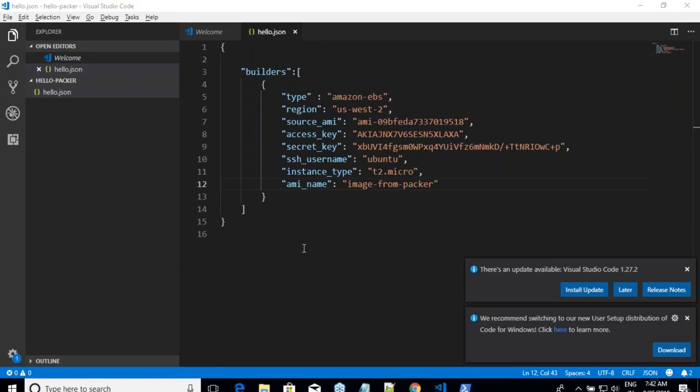What is the difference between the previous and current Packer file? Text difference. I have said, please follow the classroom. I said that the builder type is different. In the earlier case, what was my builder type? Amazon EBS volume. And what was written over there? It is used to create volumes. What is it that we wanted? We wanted an image. So for that I have to go and select a type which creates an image for me. That is Amazon EBS.